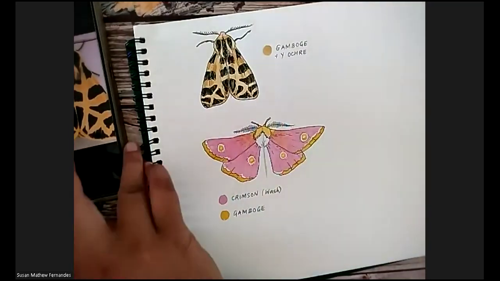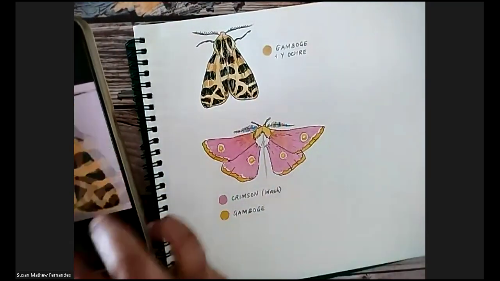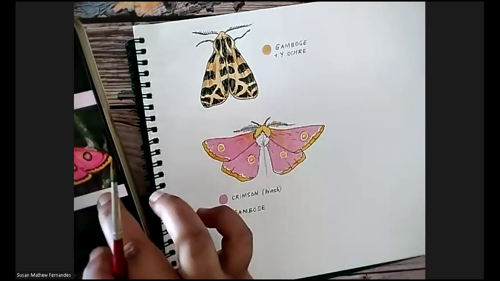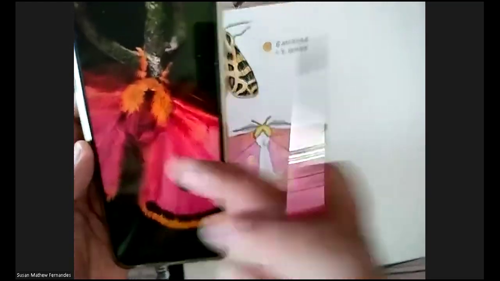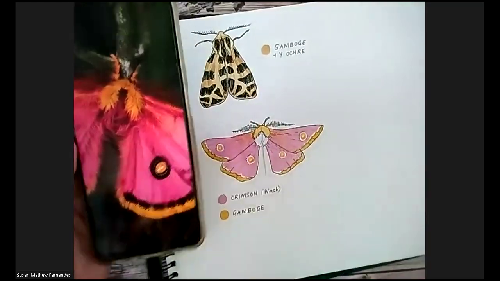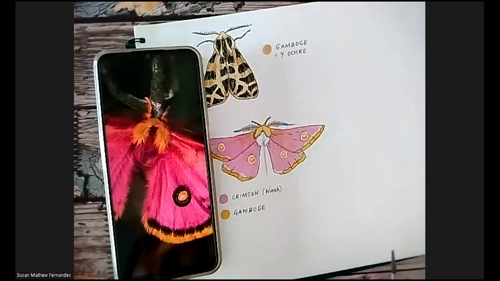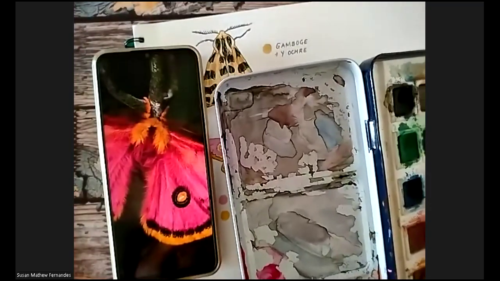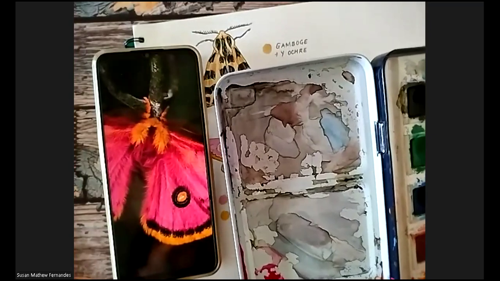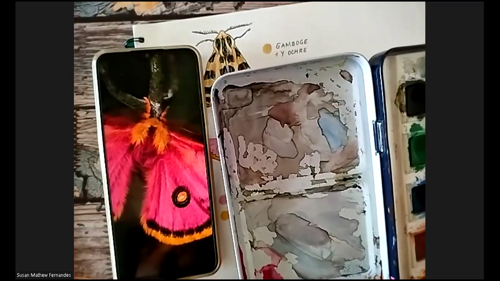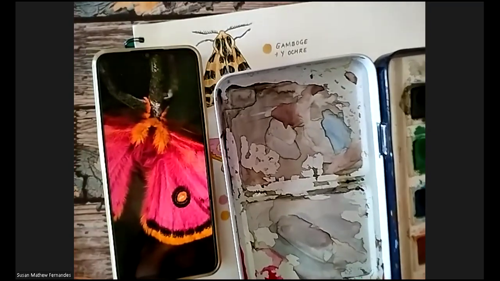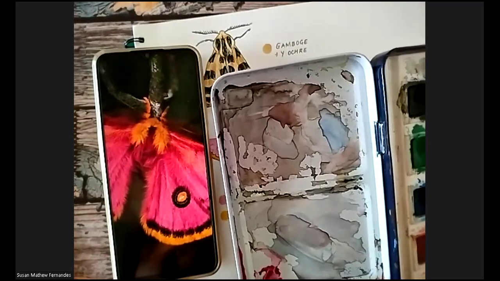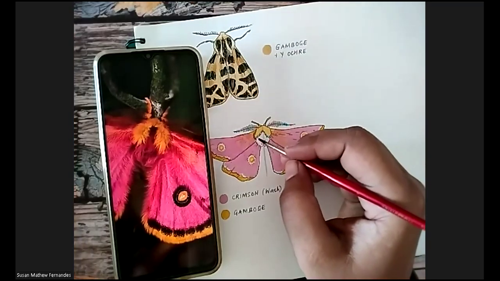One more thing that I forgot to do about the other moth over here, the pink moth, is I forgot to give him a body color, the rest of the body color. It looks to me like a pink only. It is definitely crimson, but I would add a little bit of burnt umber into crimson, just a wee bit, because it's not bright crimson. Crimson otherwise has this tendency to become very bright. So I'm going to dull down that crimson by putting a little bit of brown, and then